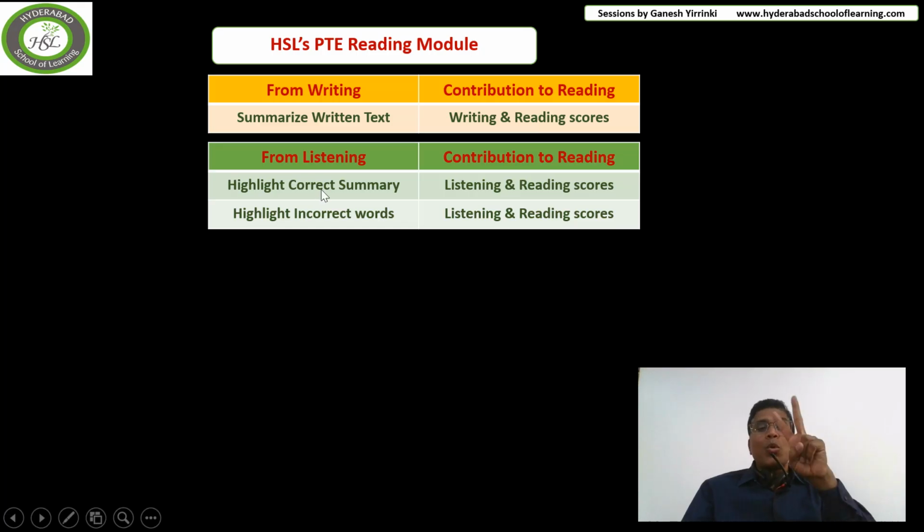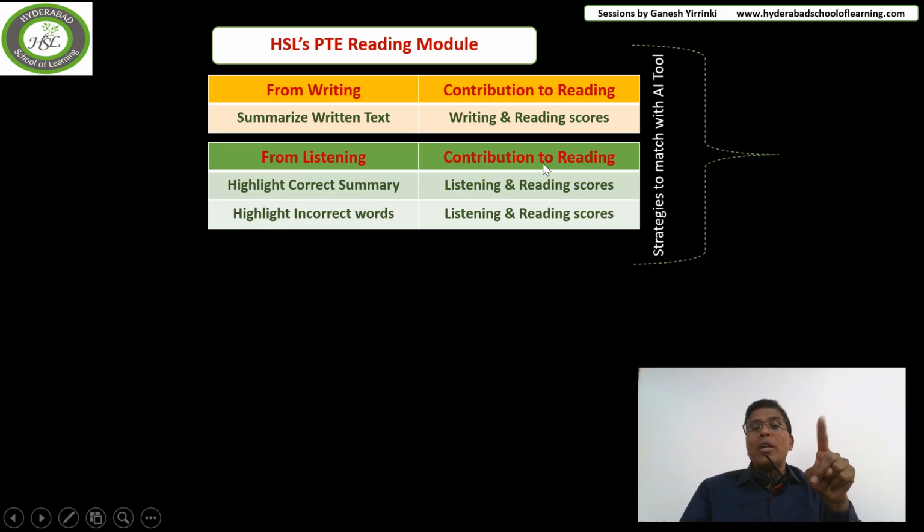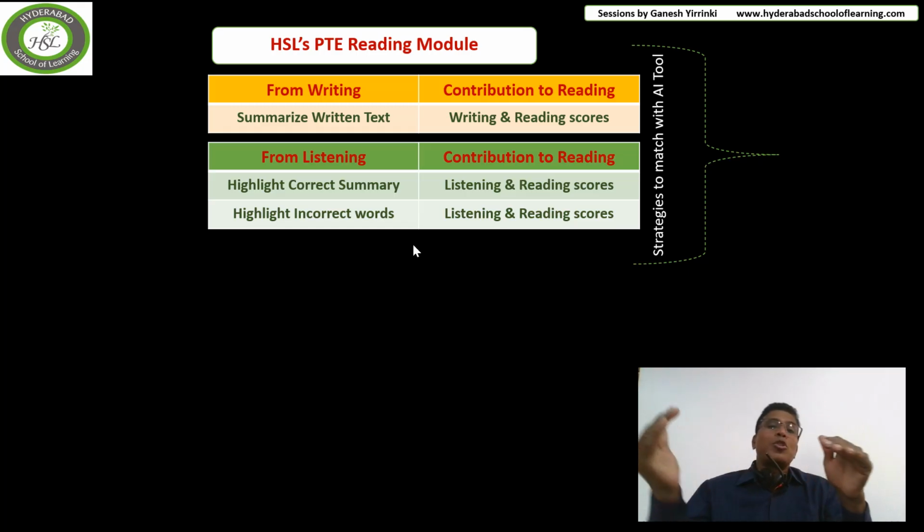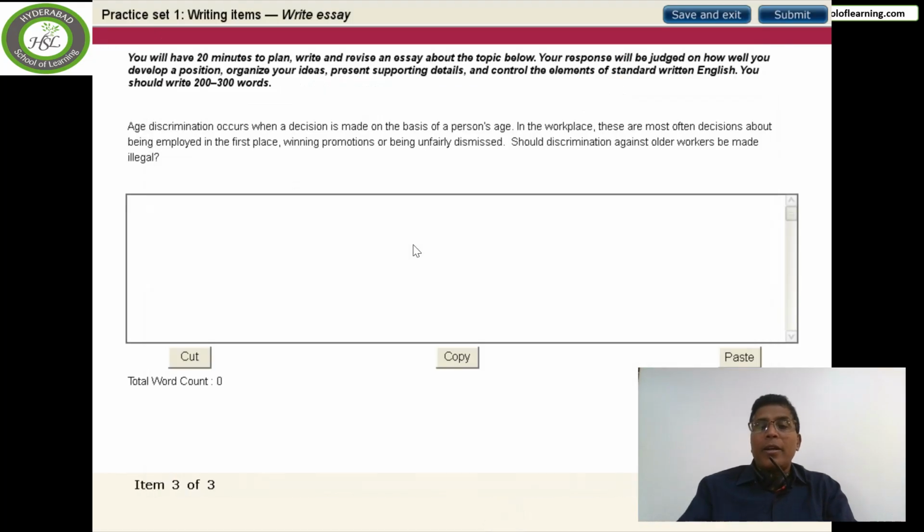And from listening, there are two questions. One is called highlight correct summary, and the other is highlight incorrect words. These two questions also contribute to your reading score. So you can expect maybe 10 points from the summarize written text question, and from these two also approximately 10 points. So you can expect around 20 points from the other modules, that is listening and writing, towards your reading score. First, let's see how the reading module looks on the screen on the day of the